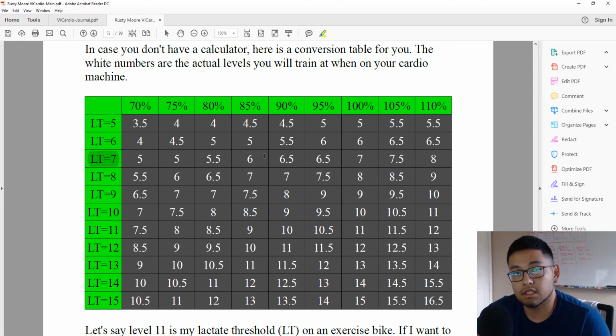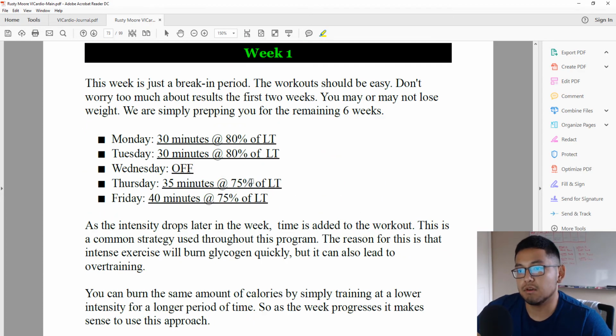So let's say mine was 7. He's going to say, okay, go to 7, go to 80%. That means this number right here, 5.5, that's the speed you want to use on your cardio machine. So treadmill at 5.5 miles per hour for however long the cardio workouts are prescribed. For example,